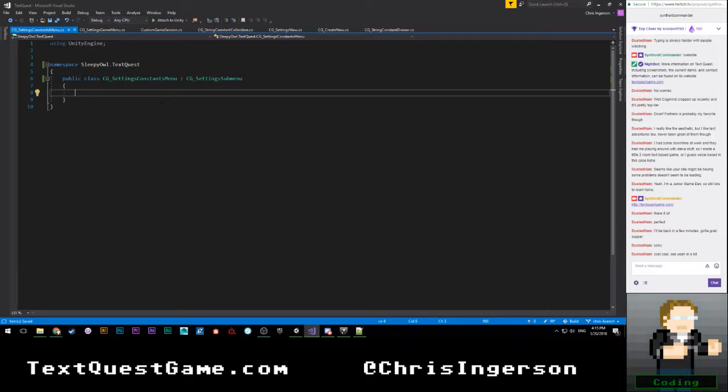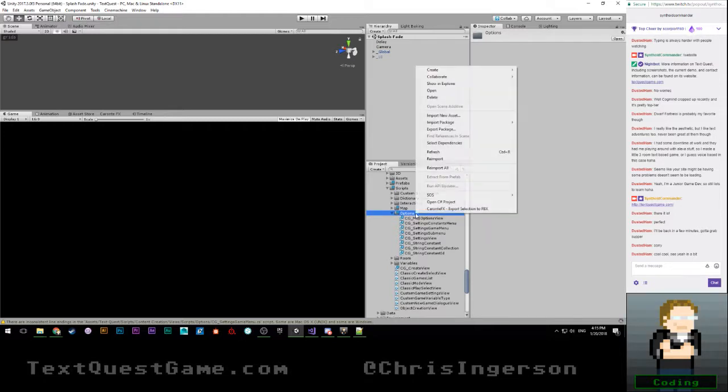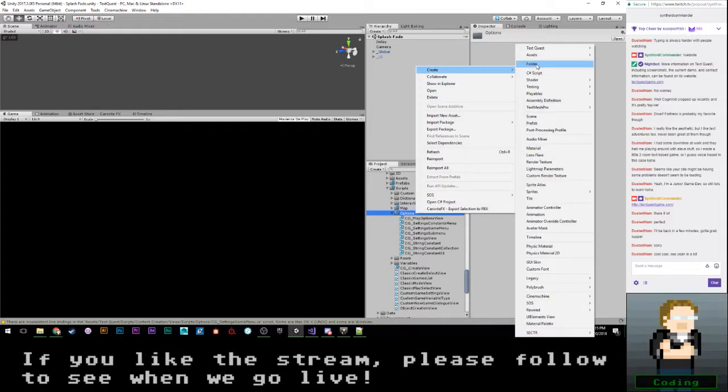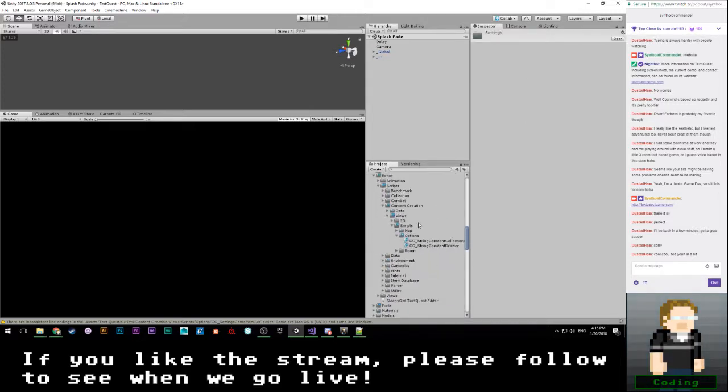Okay. So for our constants menus, I think we're going to need a class specifically for a list. So we'll have a subclass that's handling the individual input fields of this, I guess. So let's go ahead and let this all compile. Wow, we are going to need a subfolder here. I'm going to say settings, which of course means that we need a subfolder up here.